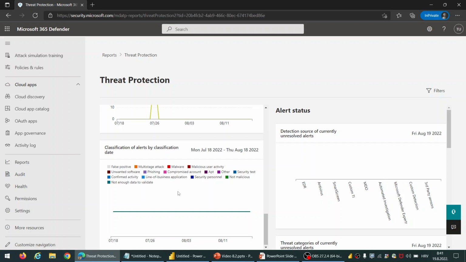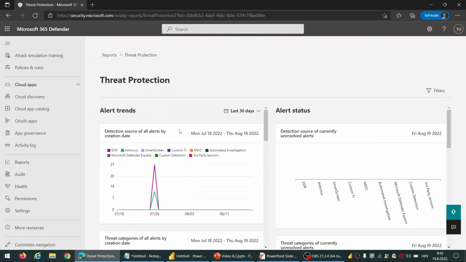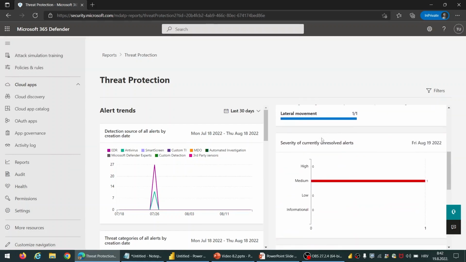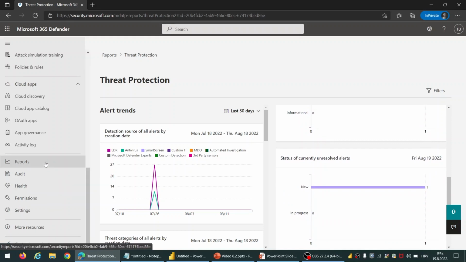As you could notice, these reports here on the left side of the screen below Alert Trends were, let's say, results accumulated through a particular time range. While here on the right side of the screen below Alert Status, we can see the same reports for the exact current time. Now if I go back to the Reports section,